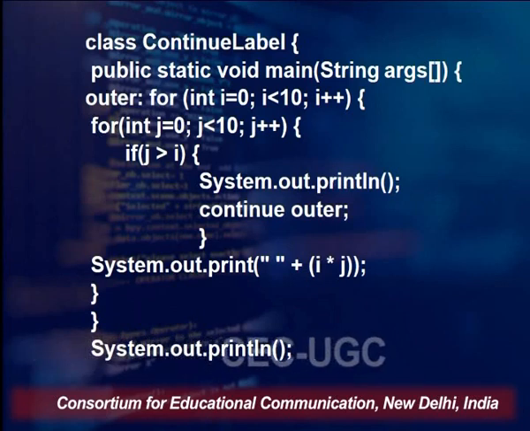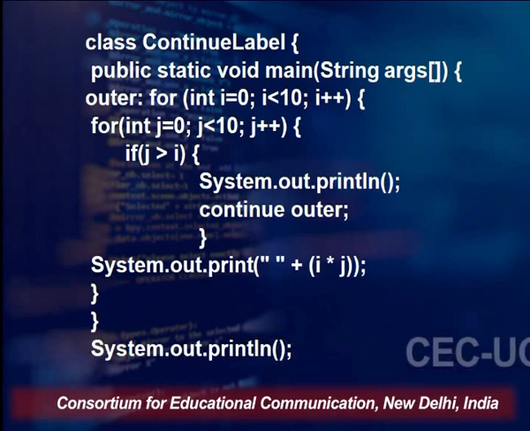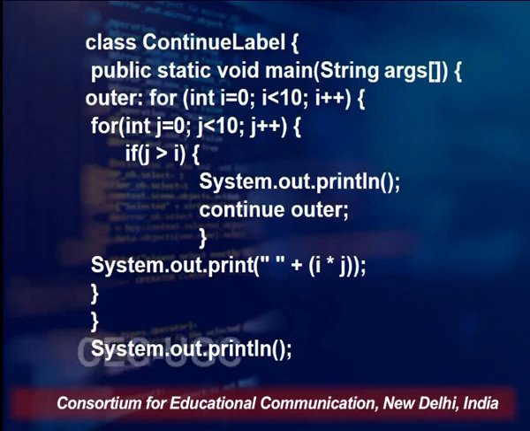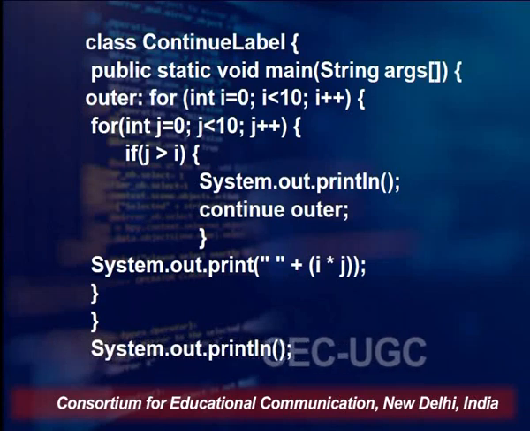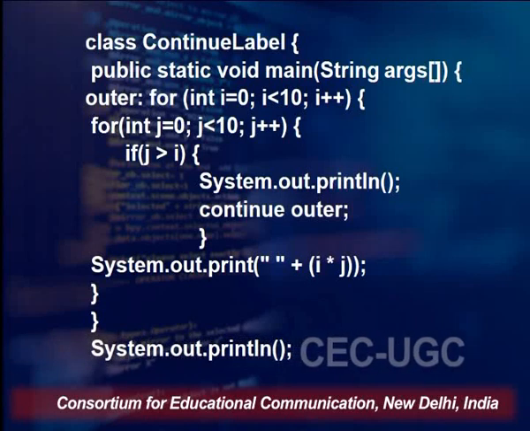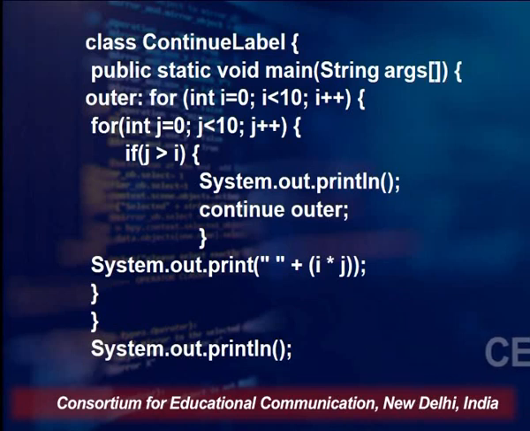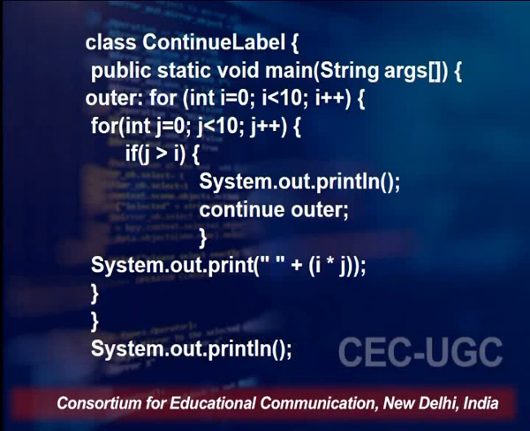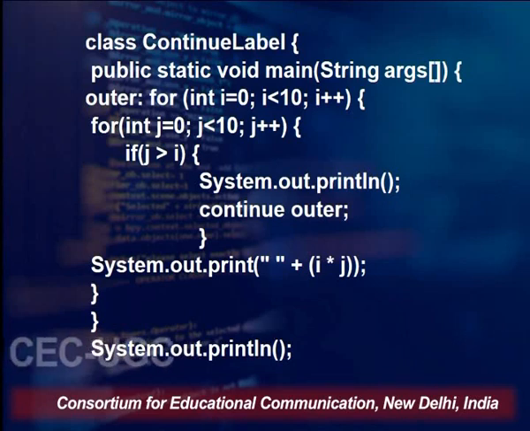Inside that class it has public static void main(String args), and again a labeled loop, the labeled loop we have just seen when we were studying the break statement. So, this outer here is a label followed by a colon. This is actually a block named as the outer block, in which a for loop based on the value of i is there. Then there is a nested for loop based on the value of j, and if j is greater than i,